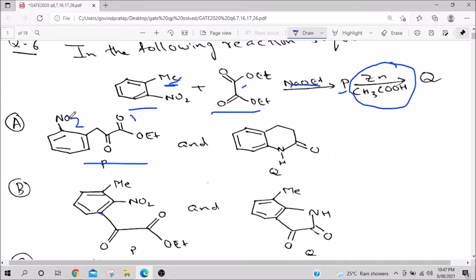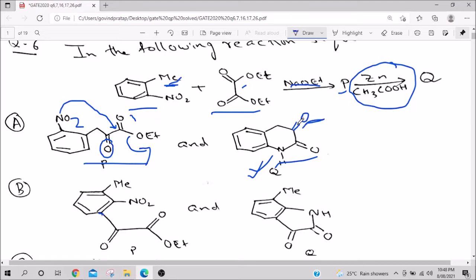So NO2 will reduce to NH2, and what we can see in A is this NH2 going and attacking this carbon, so that this OEt minus leaves. So you will get something like this. This looks quite good to me. Only issue is there is another C double bond O which was here, which is not here. This creates confusion for me. It looks like this should not be the answer, because one C double bond O is missing.